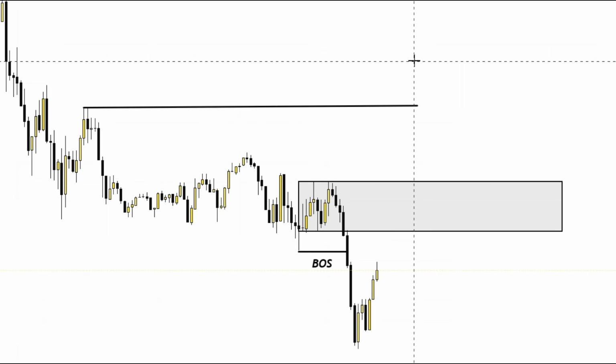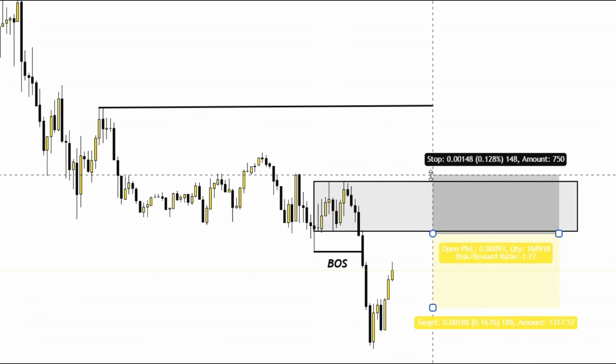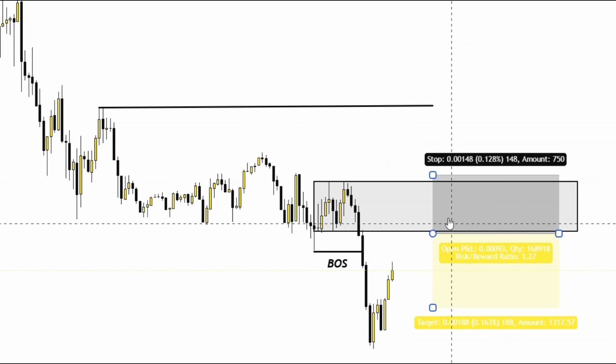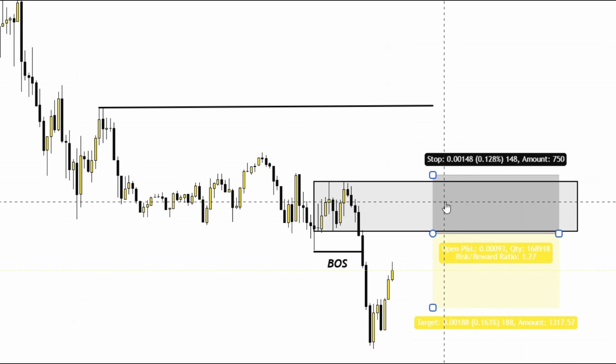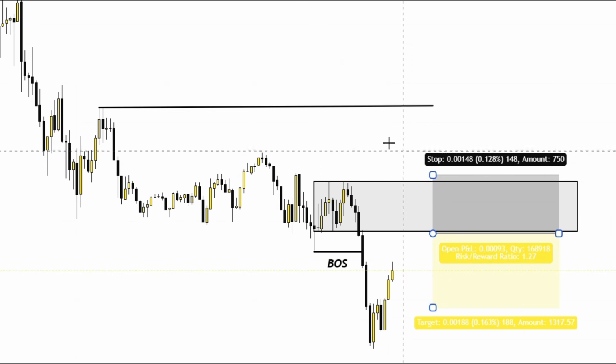So how do we enter our trade? I enjoy a risk reward of 3-to-1. If a trade does not give me a 3-to-1 risk to reward, I normally ignore that trade. I put my entry and my stop loss. I put my entry at the low of the supply zone, a bit lower so I don't miss a trade, and the stop loss slightly higher than where I marked my supply zone, and I target